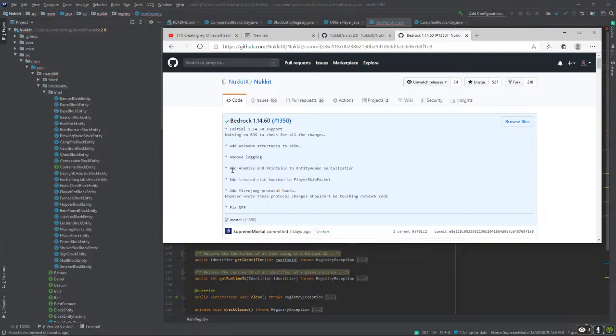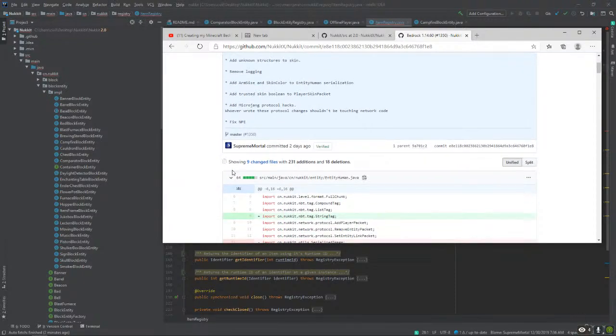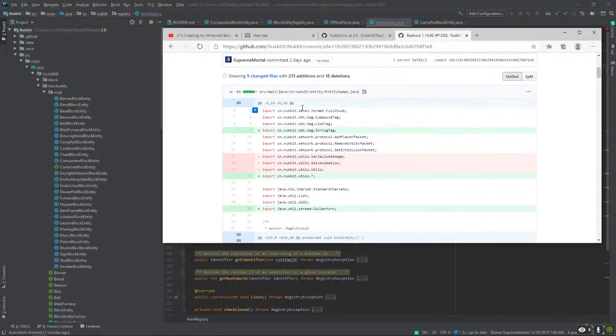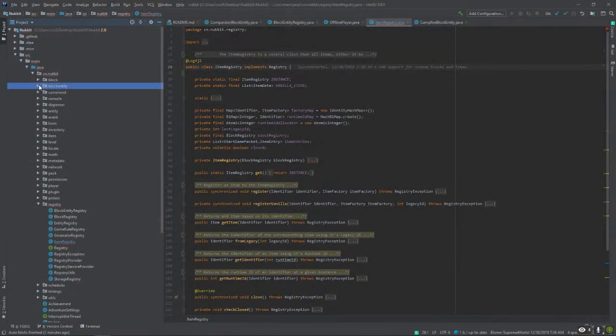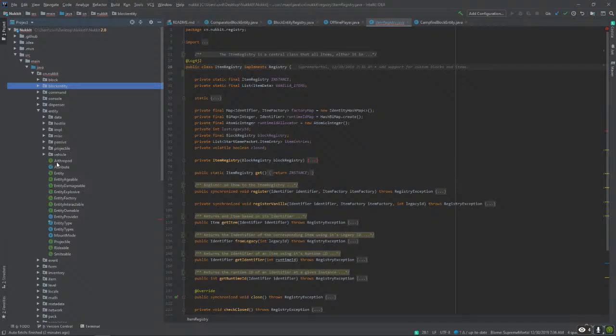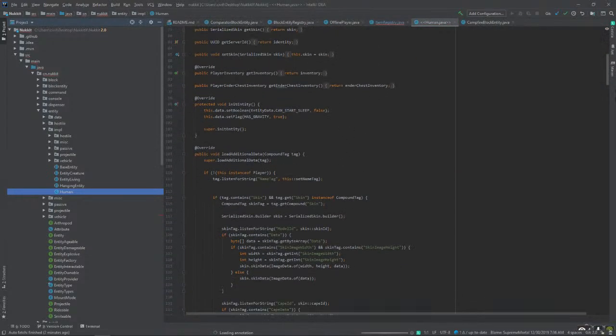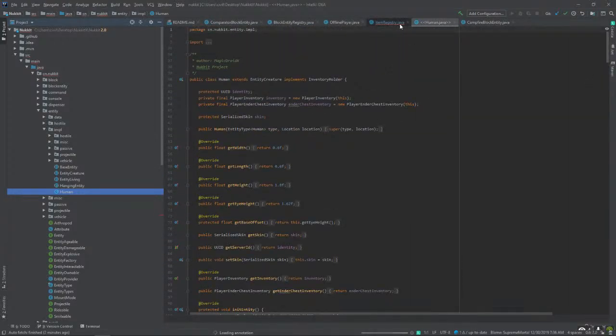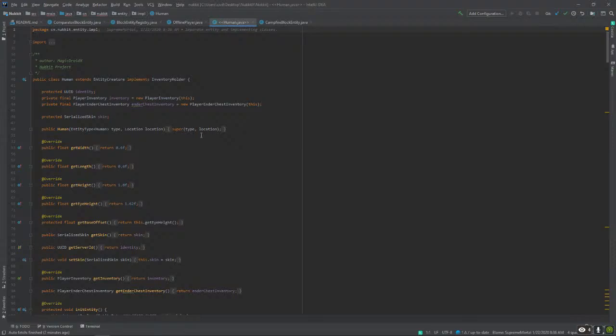Jeez. This is gonna be slightly difficult. I don't believe that entity human. It might be. So entity human. All right, so this is going to be quite the journey going through this.